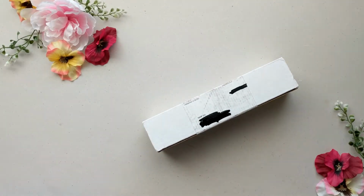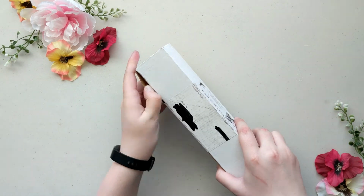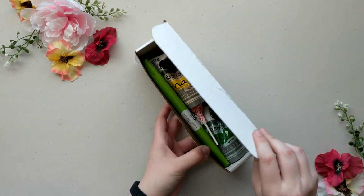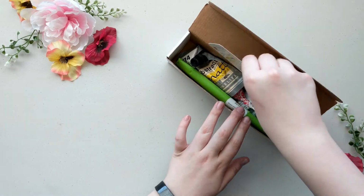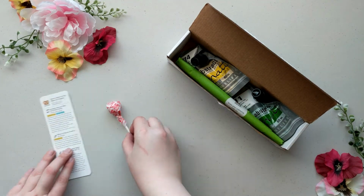Pretty much every single time I get an Artsnacks box, I try to record and finish the video for it within a few days of getting it, and Artsnacks boxes tend to arrive within the first week of the month, if not the day before the start of the month, which is really nice. But for this box in particular, I was holding on to it because I was in the process of moving at the time,